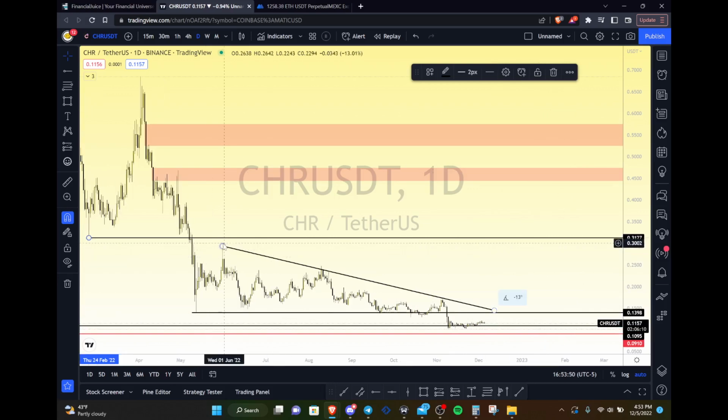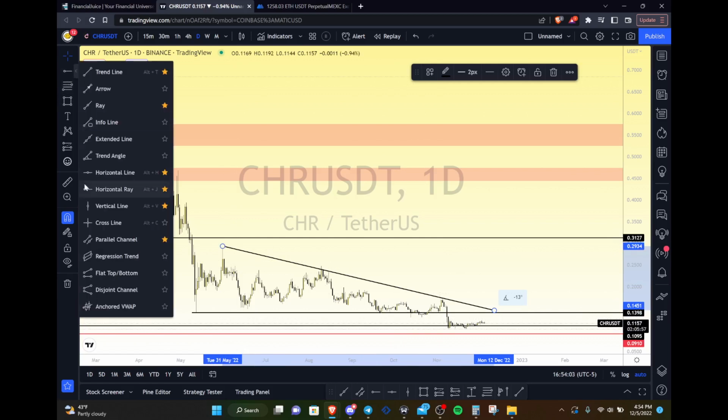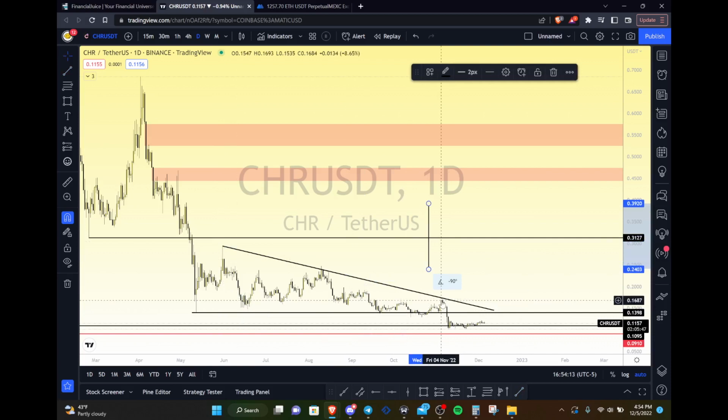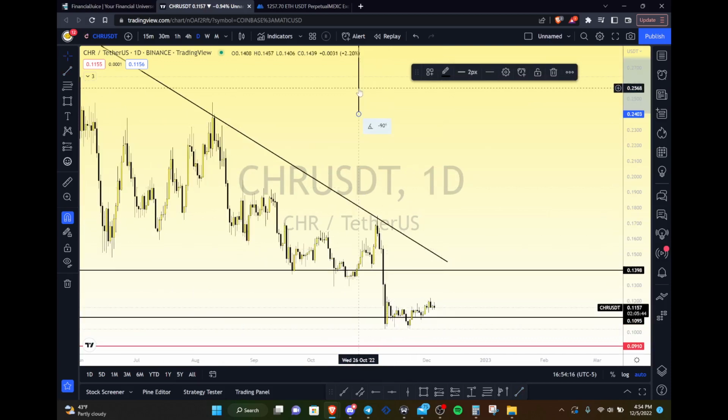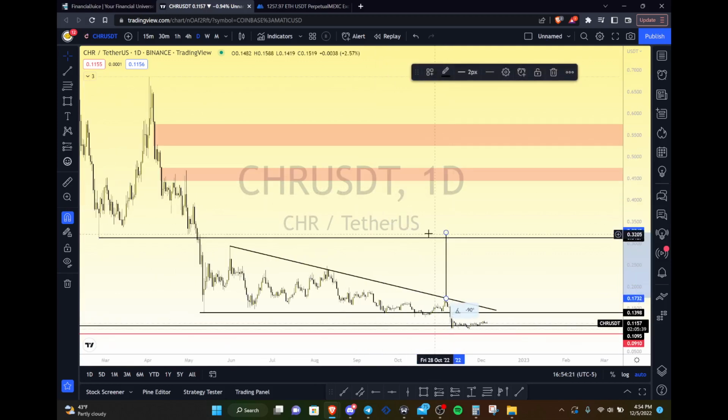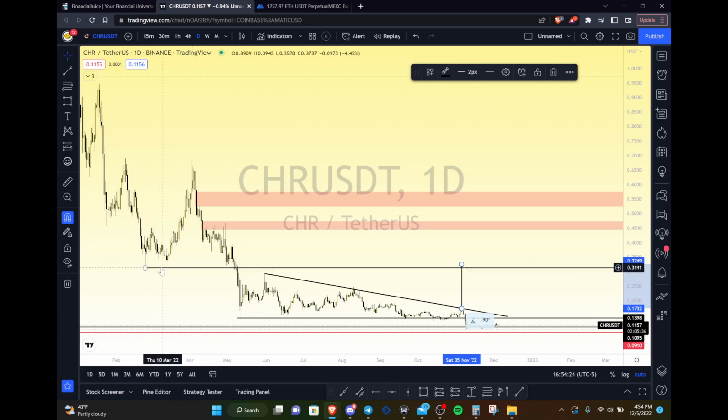Now, for fun, let's see where the one-to-one move would have been if this did break bullish, like the probabilities would suggest it. I say probably around here. Just for my eyeballs, it's probably right back towards this level here. Let's do this trend line here, and we'll pull down to there. Let's make sure it's straight. Yep. And let's say if the FTX scandal didn't happen, it would have broken through right here. So right about the measured move would have been the lows of this swing low, this low wick,